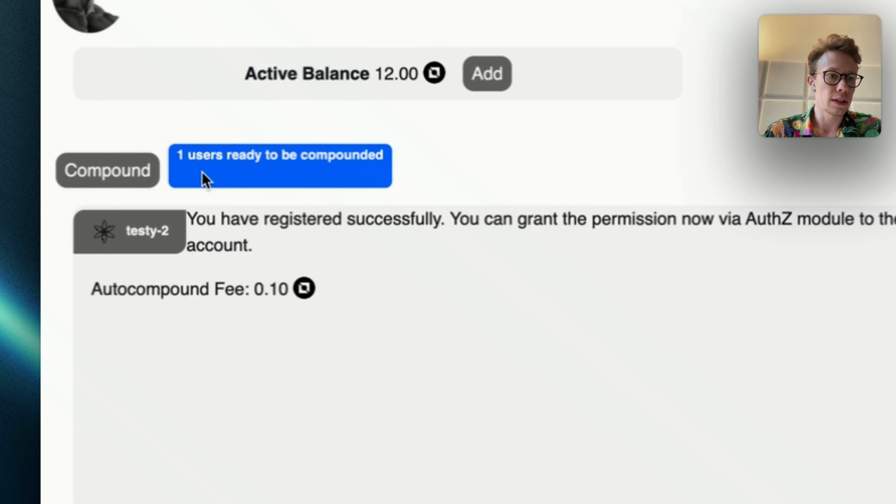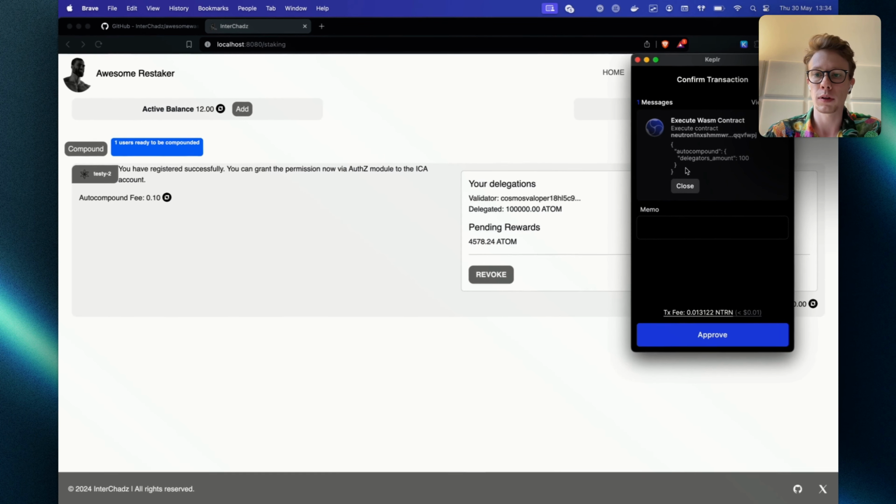Okay, so now we can see that it updated here. There is now a user that is actually ready to be compounded. So I'm just going to call this one, and it's a permissionless message. I trigger it, and what happens next is that the contract finds the users that are due and sends out interchain transactions to do that delegate.